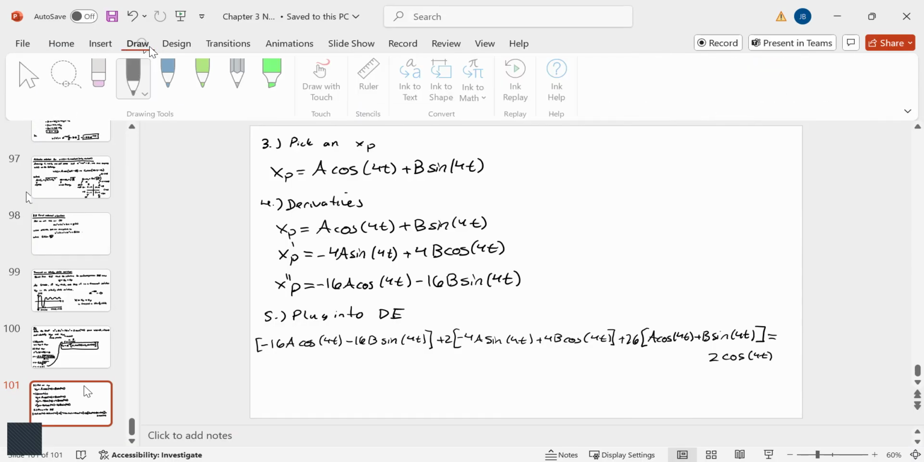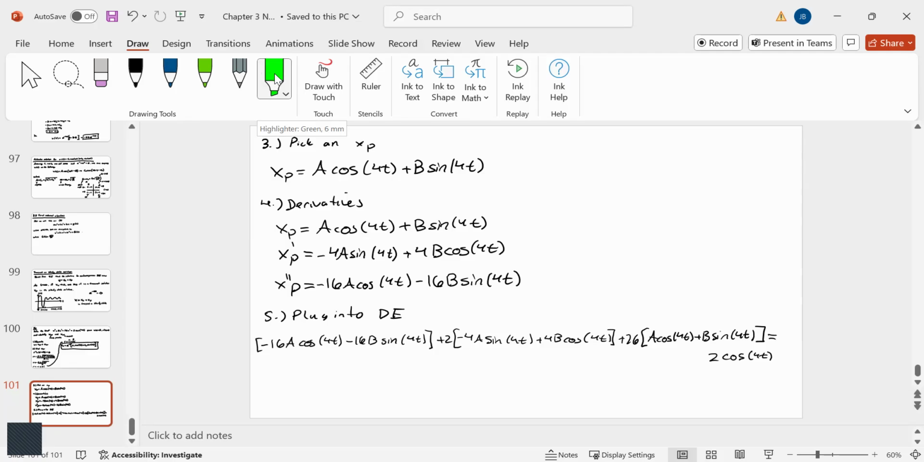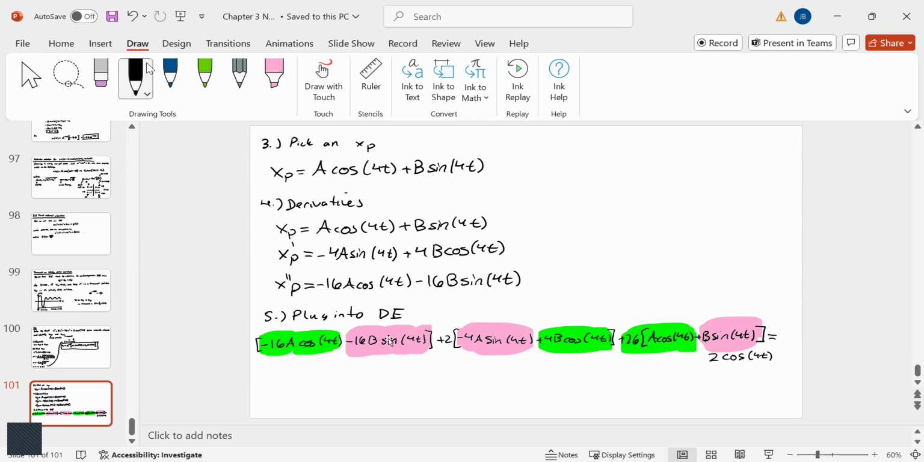Now, through the process of foiling and combining like terms, right? Notice, and I'm not going to show all of it just because it's going to take too much space here. Negative 16a cosine will combine with this one right here, and then this one right here. So those are going to combine together. And then this is going to combine together with this. Don't forget that there's a 2 out there in 26. And if you combine them together, what you're going to end up getting is 10a cosine 4t